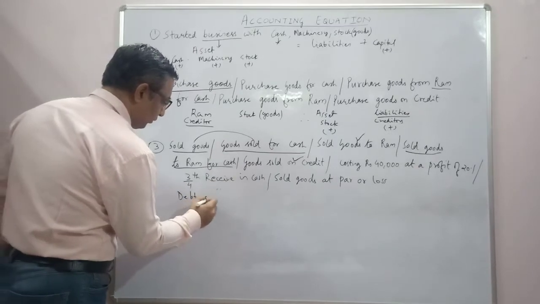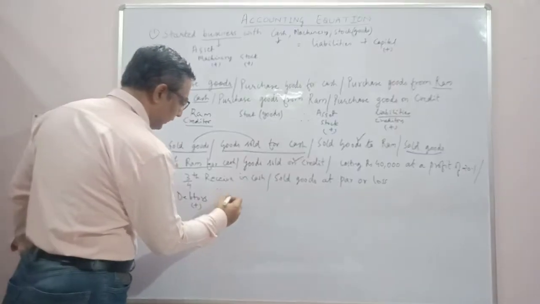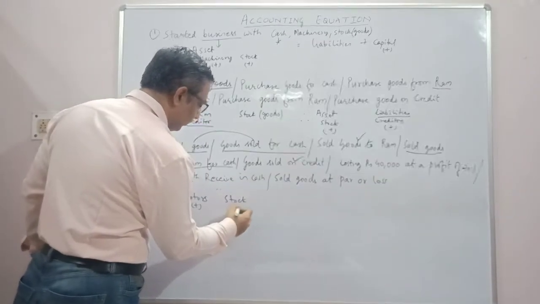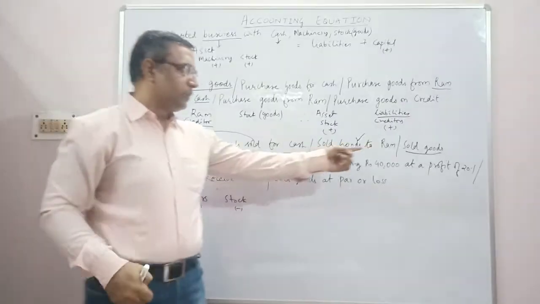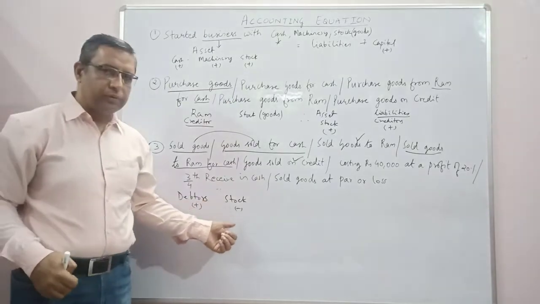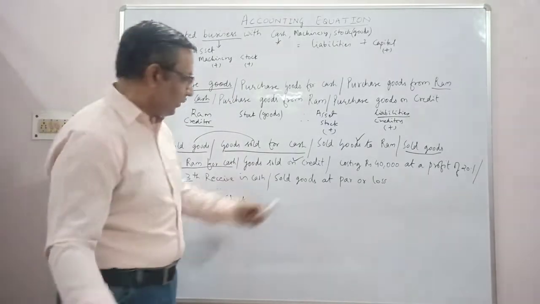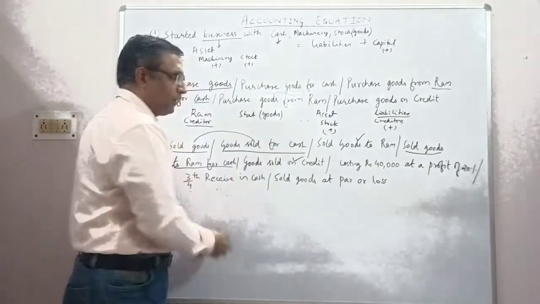Debtors are those persons to whom we sold goods on credit. So debtors are going to increase and stock is going to reduce. When we sold goods on credit, it means our debtors are going to increase as well as our stock is going to reduce. Now sometimes it is given that we sold the goods and its cost price is given,